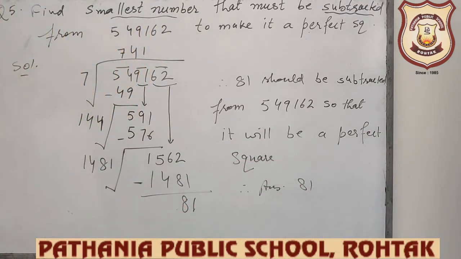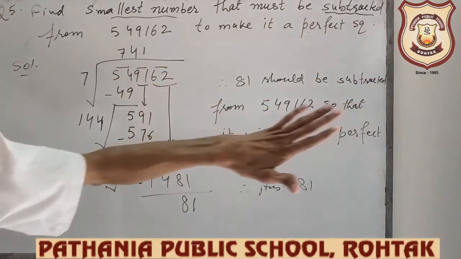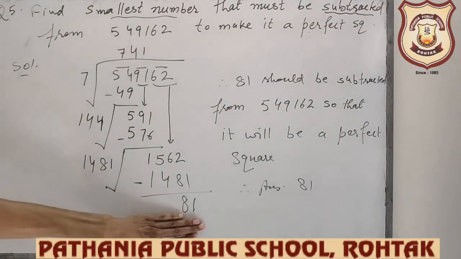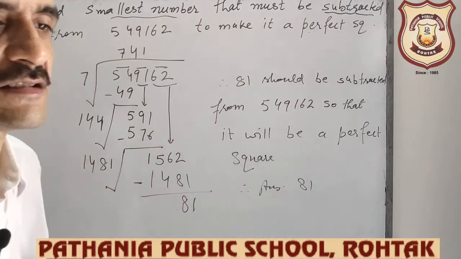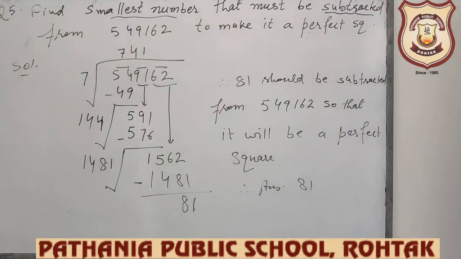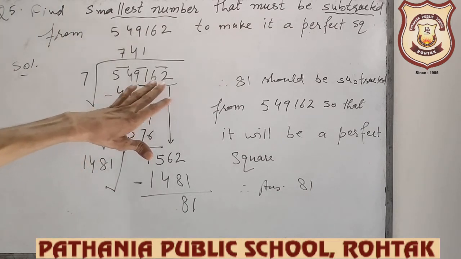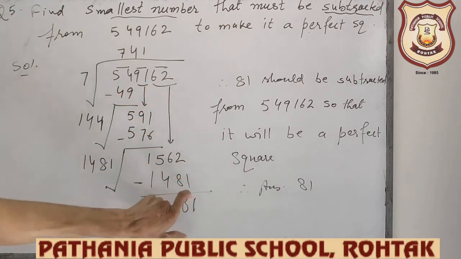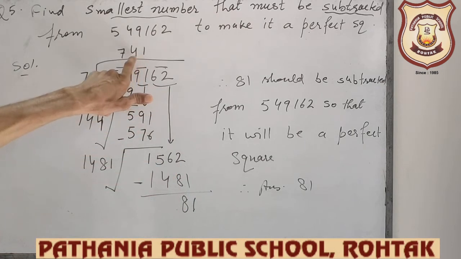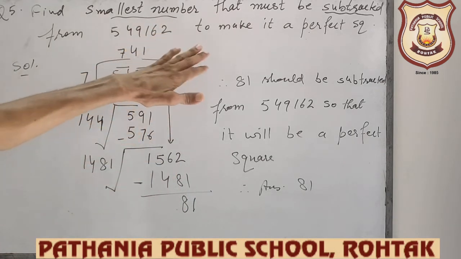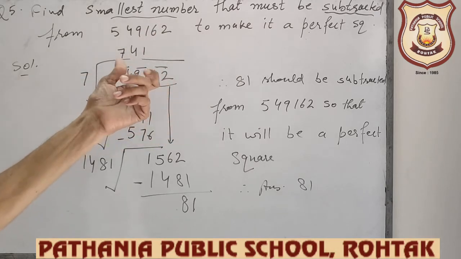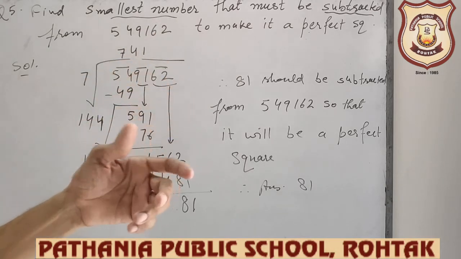Whatever remainder comes, that is the answer. If we have to subtract, then find the perfect square and whatever is the remainder, that is the answer. But if the question is in the reverse direction, what should be added in this? Then what did we do? Then the remainder has no role. Whatever be the answer, whatever be the quotient,